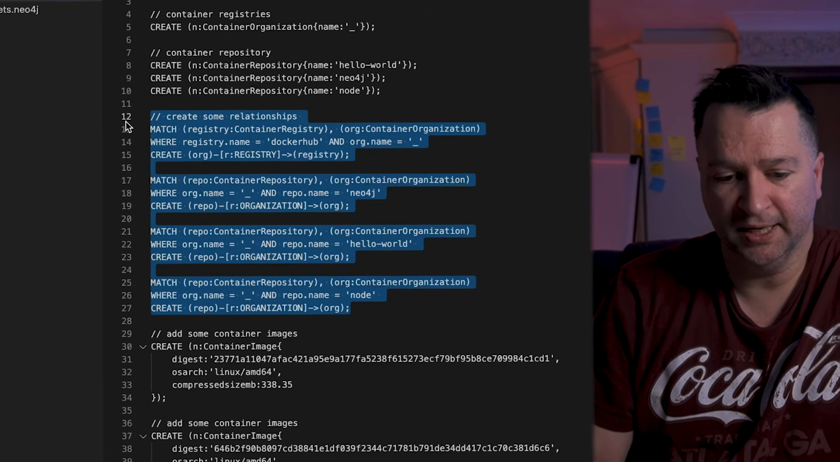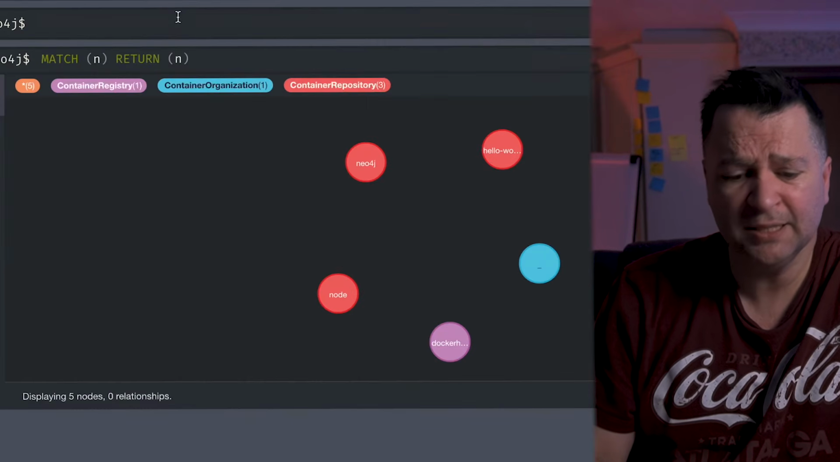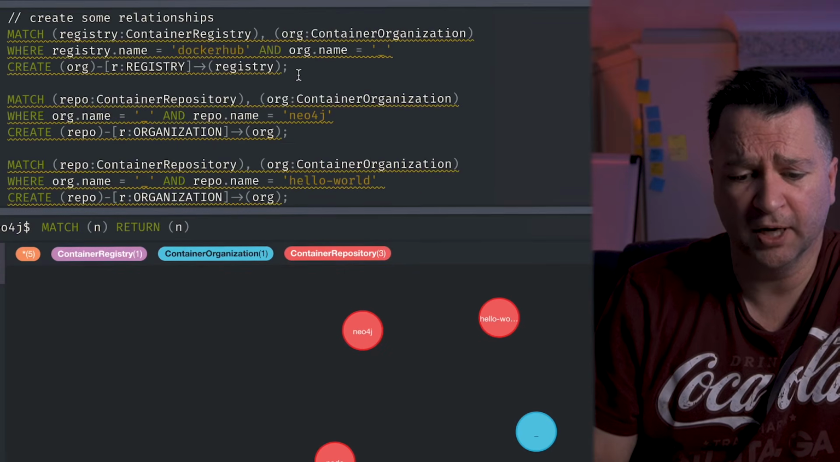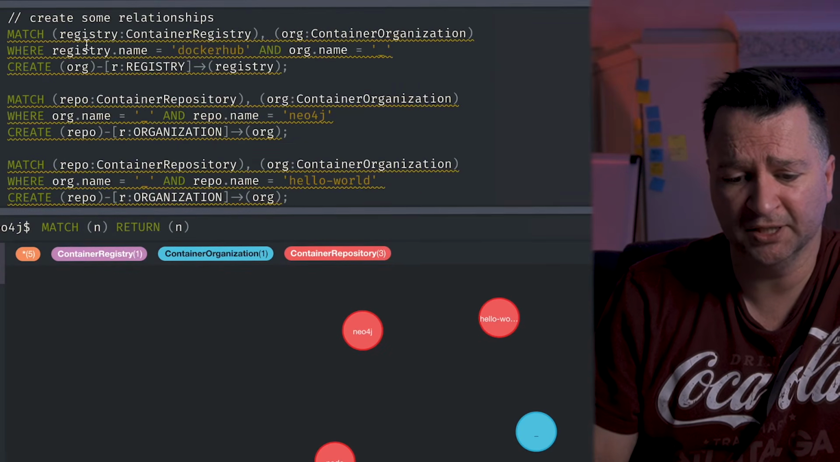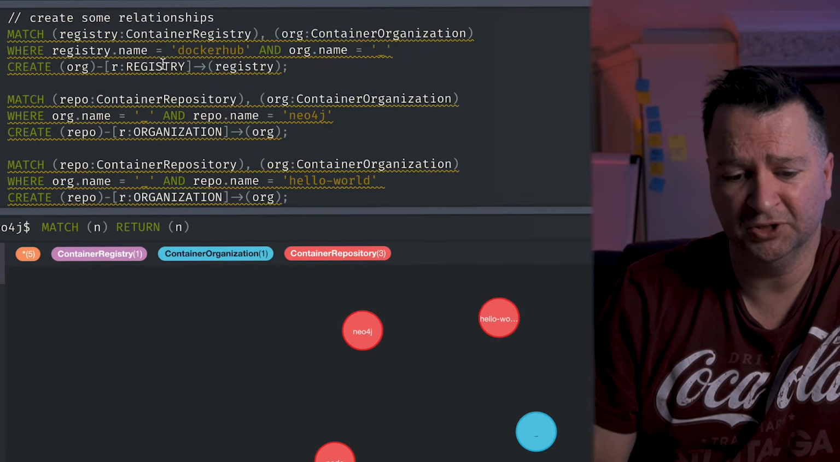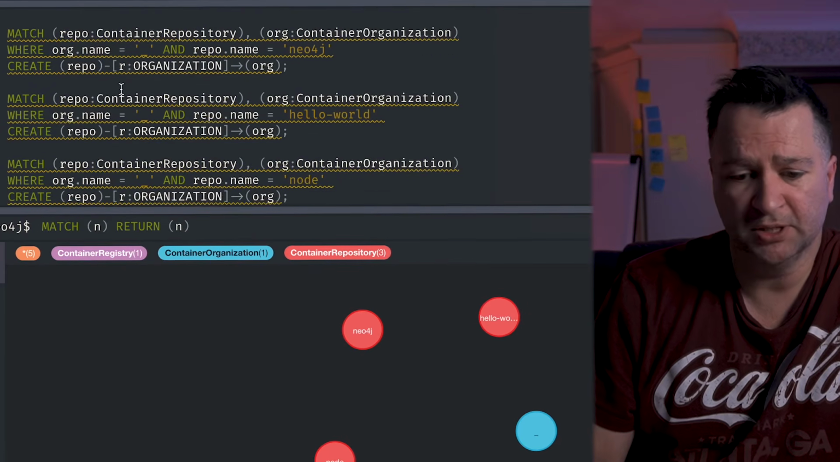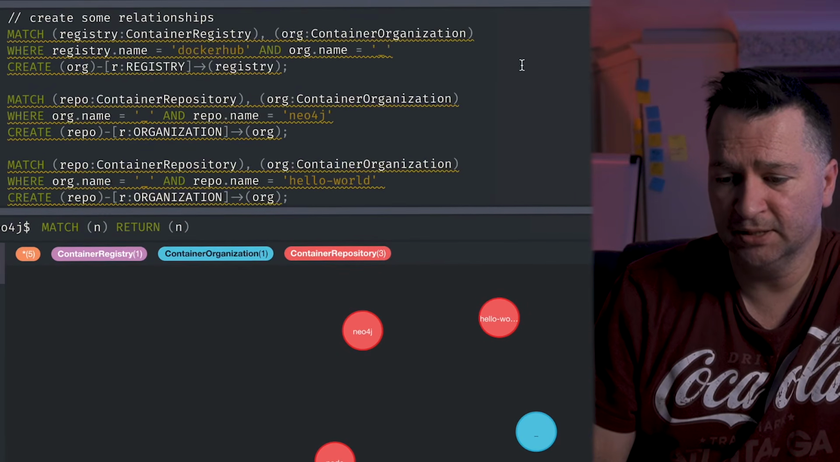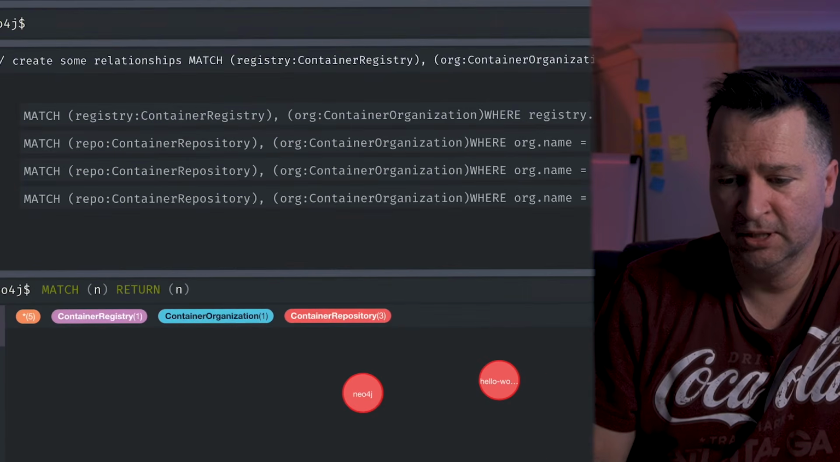We're going to copy that into here. And this is just exactly what we did earlier, right? We did the match. We're matching registries and organizations, and then we're creating relationships between these items. And so it's exactly what we did before. So I'm going to run that for a second,